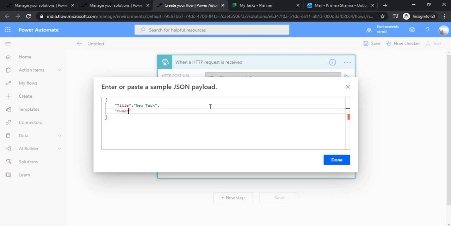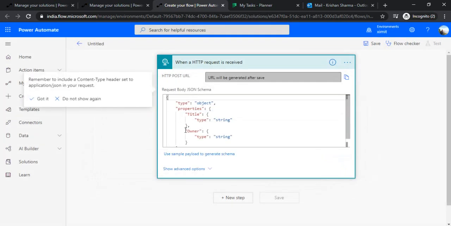So I'll just say owner, and I can specify the sample value so that it can generate the actual schema for me. Alright, so I'm just clicking done. So it created that schema for me from my sample, which I actually just wrote in.